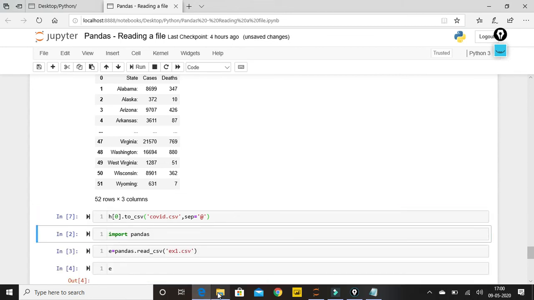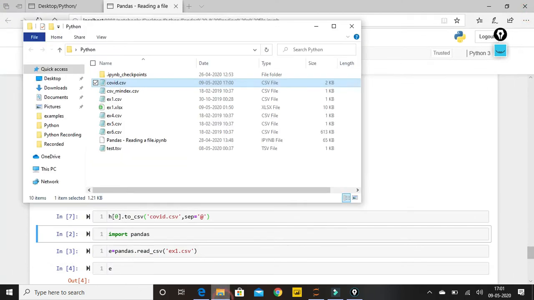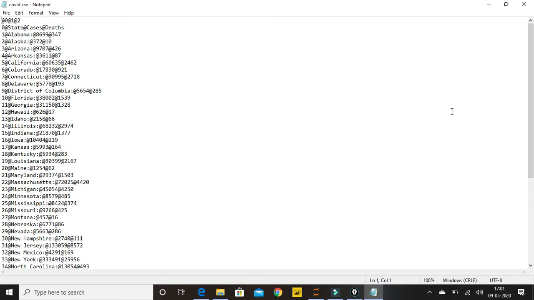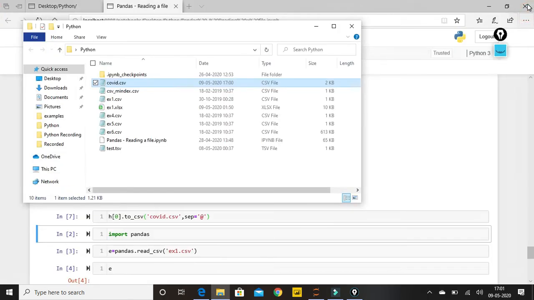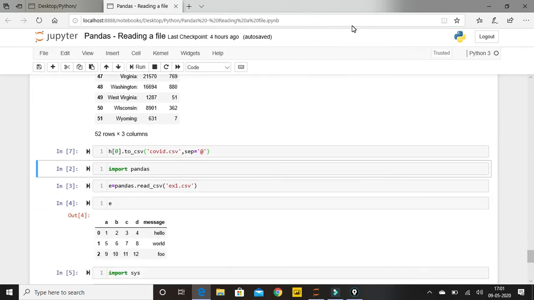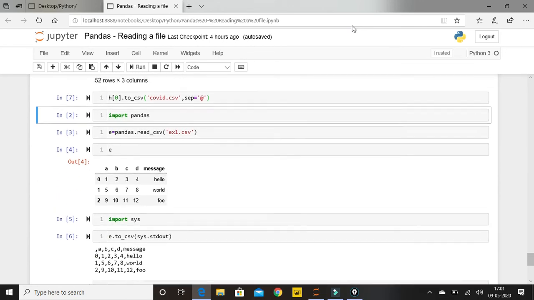It is done. Let me just reopen this file again, covid.csv. Now you will be able to see the separator, instead of comma, has been replaced with at the rate. Yeah, you can see. Okay, so this is how we are going to export, or extract, our data into any file format. So now moving on, suppose I need to